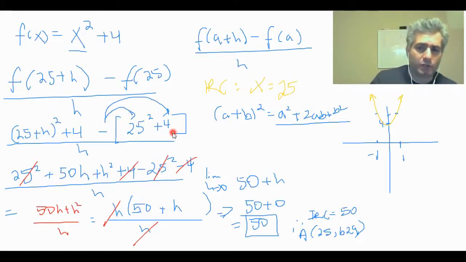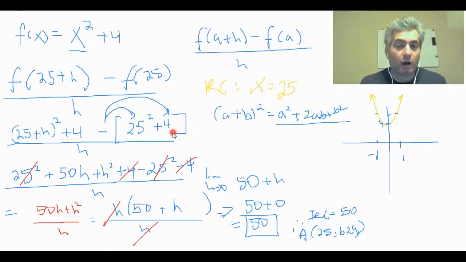For this question, it's not a very complicated polynomial. It's a quadratic shifted up 4 units. But in other questions, it could be a cubic, quartic, quintic function, a rational polynomial. So it can get really complicated. Always try to keep organizing your work and making it systematic. The negative goes and you open up the parentheses, and that negative distributes to every term after you simplify for f of a. After simplifying, we end up generating 50h plus h squared over h,